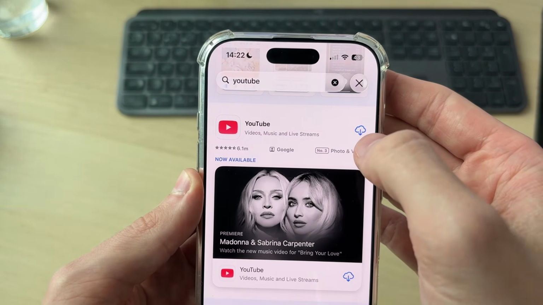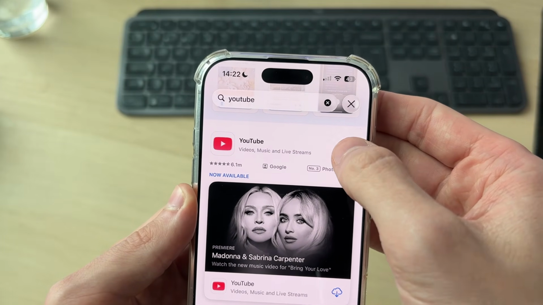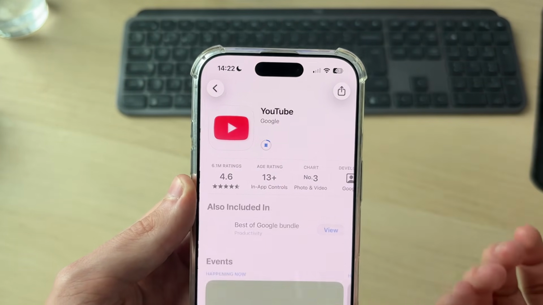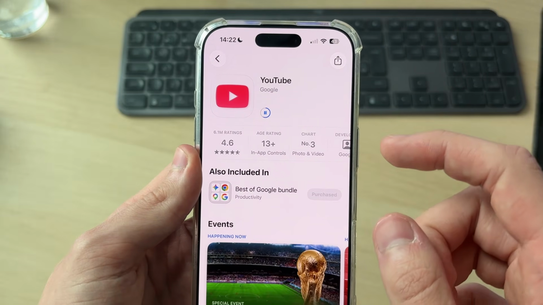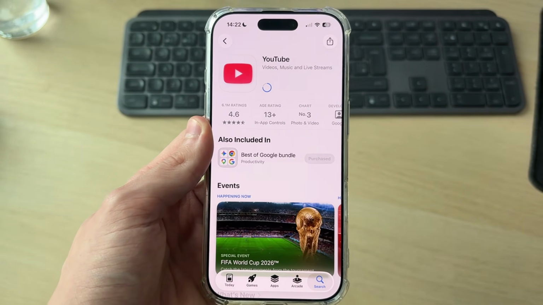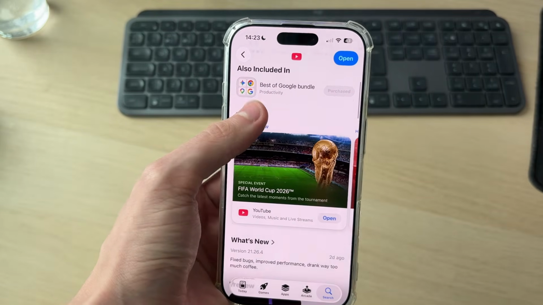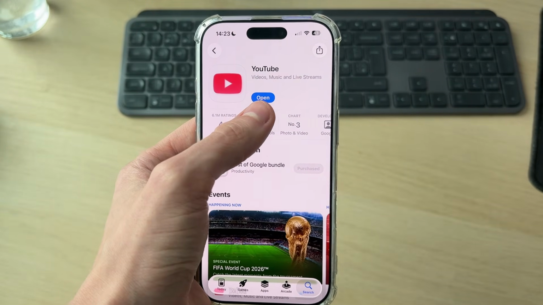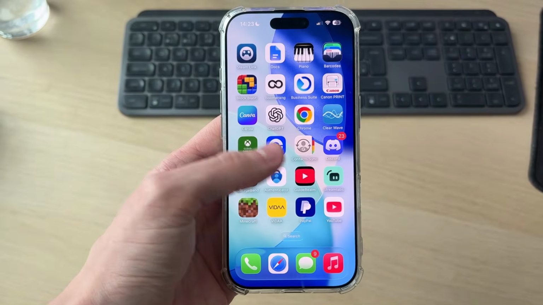I have, so it's got this cloud icon. If it says get though, tap on it and you can tap on it there. Then it'll go and start downloading. You may need to go and enter in your password or verify that it's you. I didn't because I've already had the app before, but you can scroll down and read some more info about it. When it's finished, it's going to go and say open, so you can tap there,